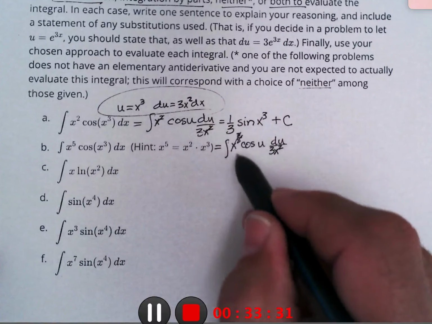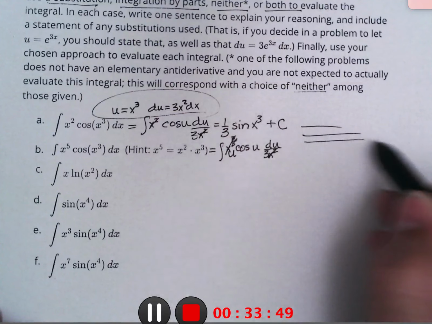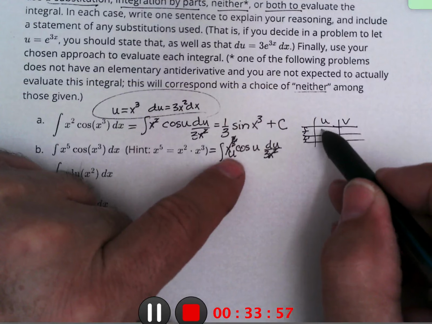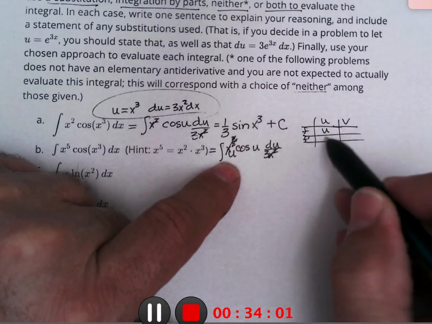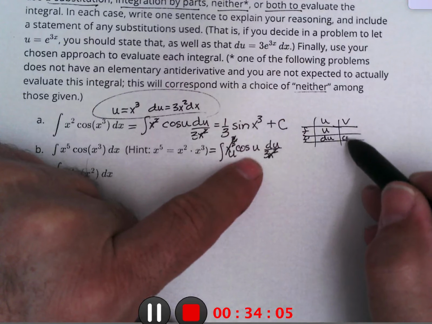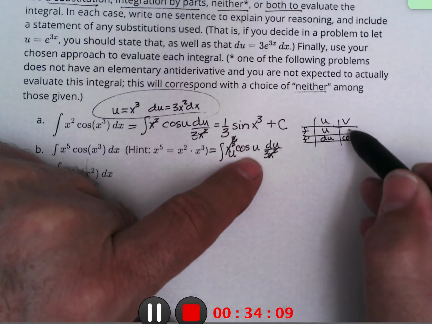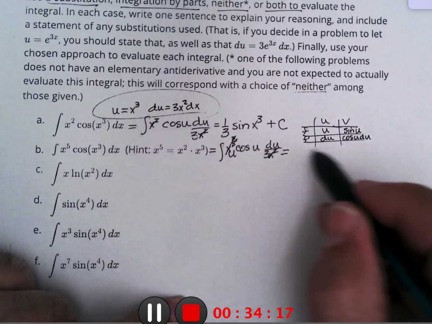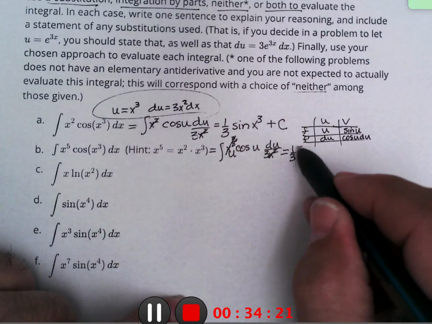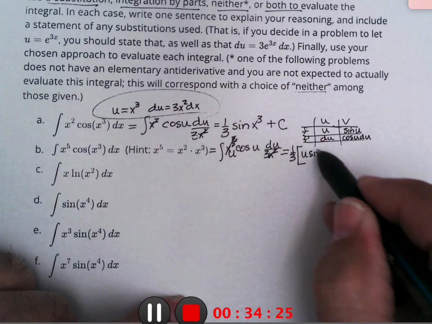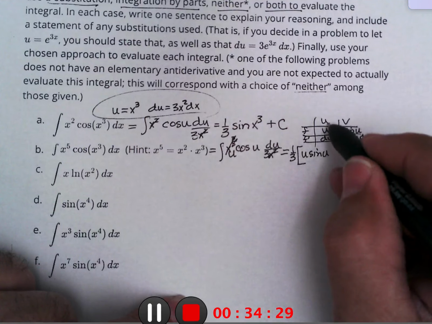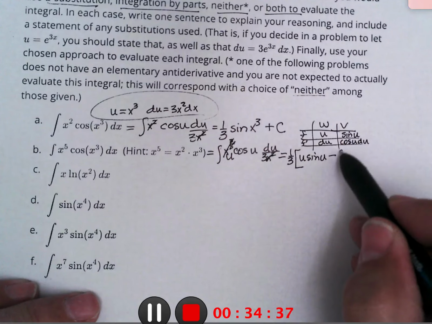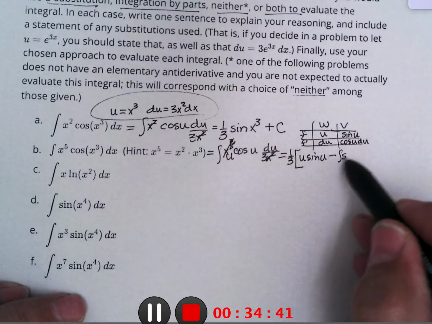And now to finish this, I'm going to let the u here be u, and so I'm going to get du, and the v is going to be cosine u du. The antiderivative would be sine of u. So this becomes 1/3 of uv, which is u sine u. I'll just call this w so that it doesn't get confusing. So the wv is these, minus the antiderivative of these two, which is sine u du,